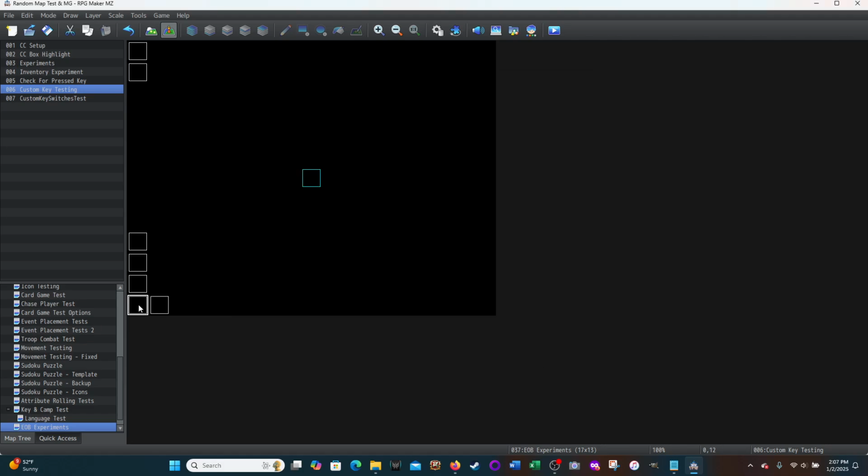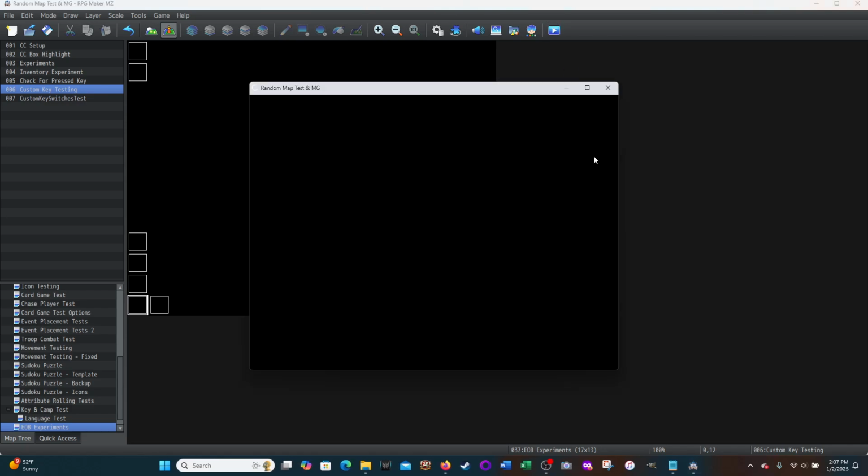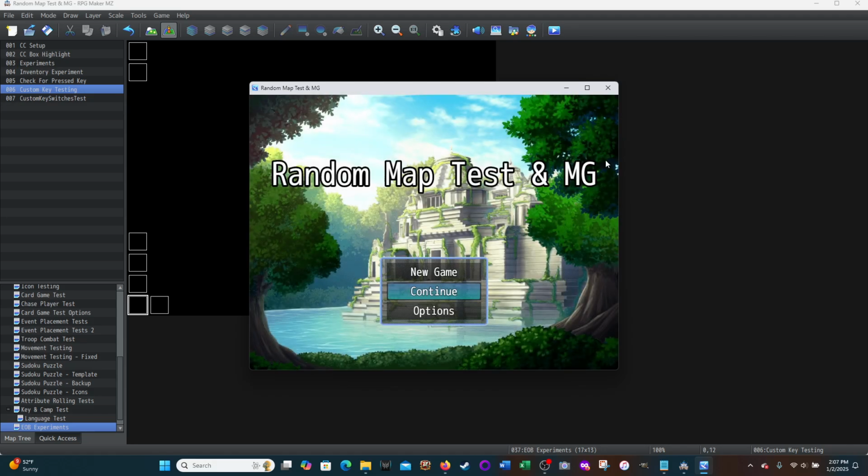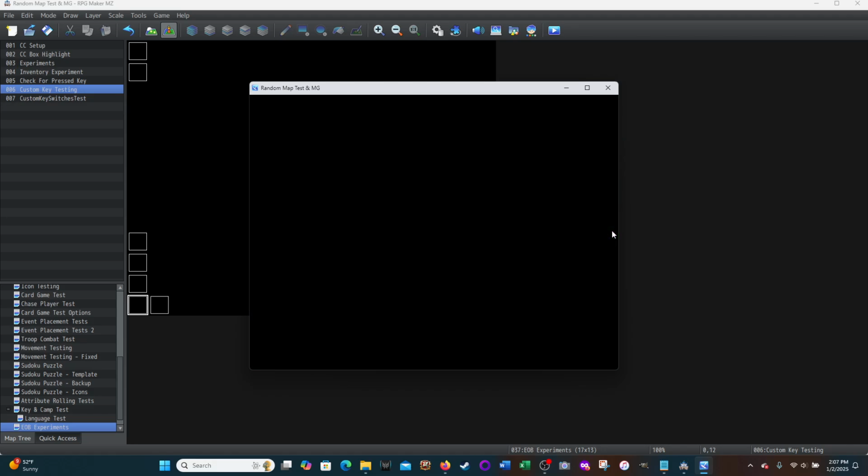So I'm going to go to this event. Actually, I'm just going to show you that it's working, and then I'll show you the event. So I'm going to play test. New game. Okay, so it's not telling me to do anything, but I'm going to tell you what keys I'm pressing. Okay, so A,